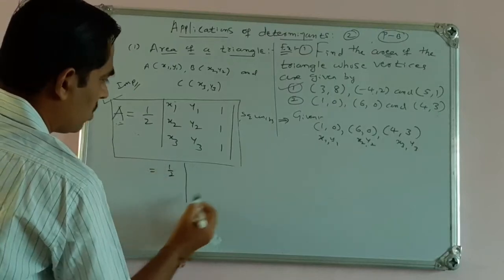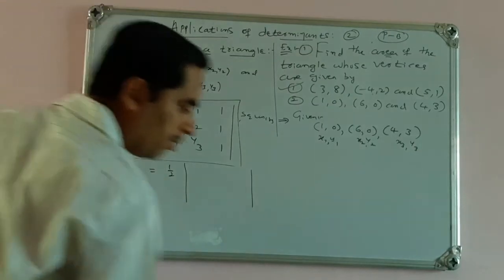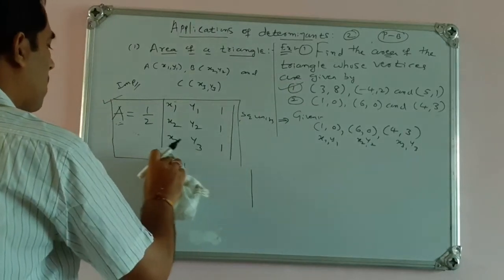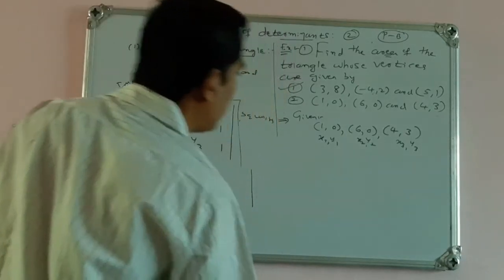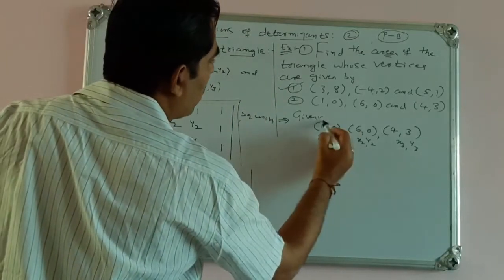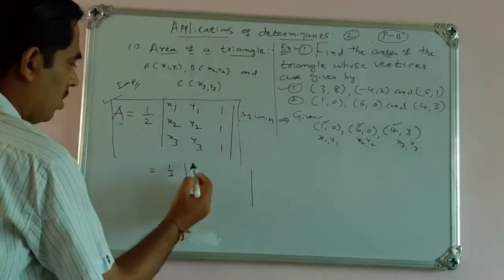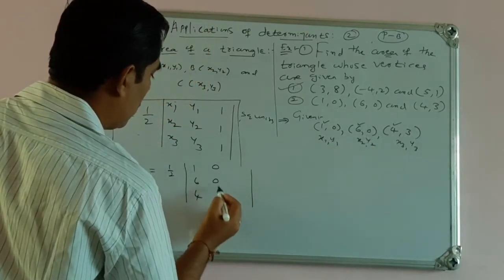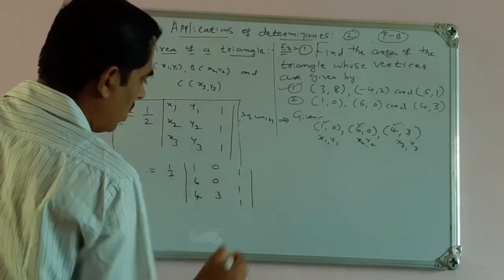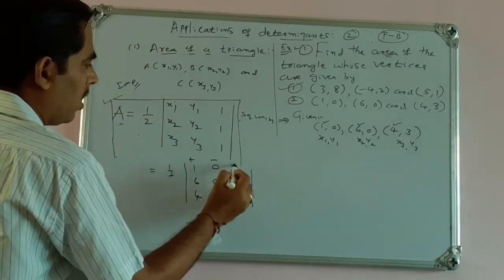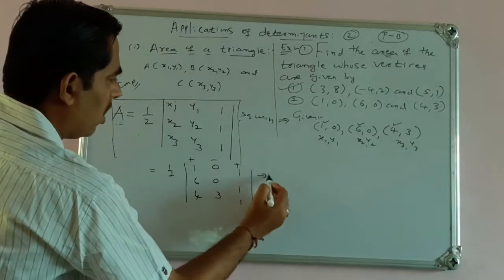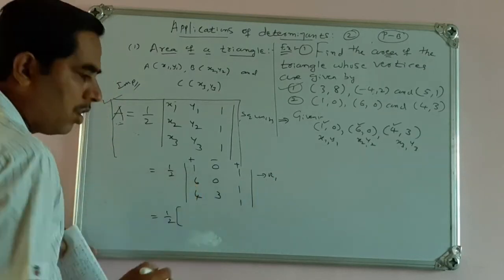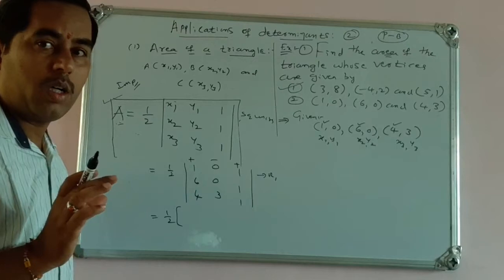Half into determinant. So we'll write the determinant of x1, x2, x3: 1, 6, 4, column wise. 1, 6, 4, then 0, 0, 3. Then last column, that is 1, 1, 1. So now I can expand this along first row. Half into, so you have to be careful